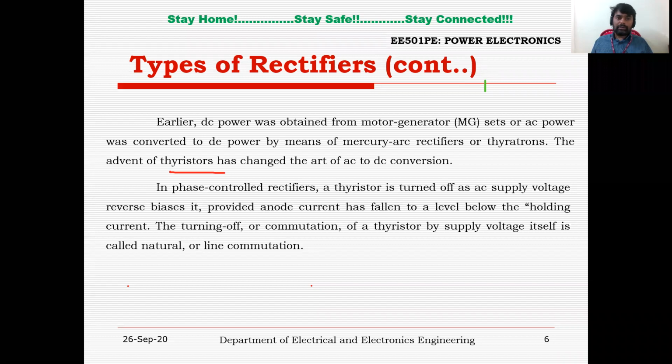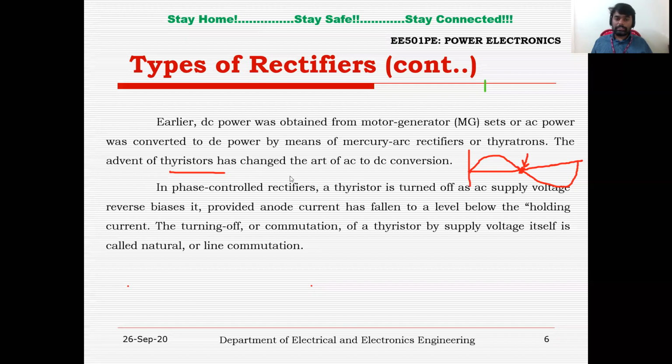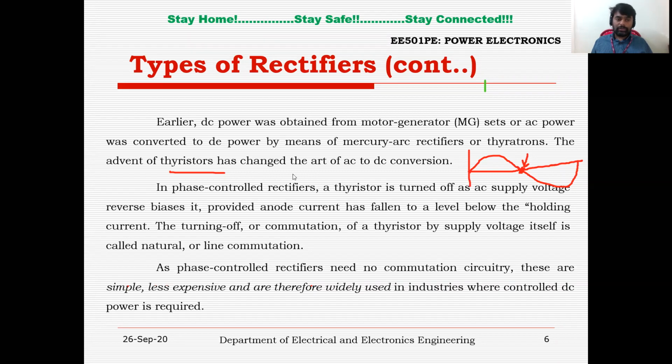Now here, it is called a phase control rectifier. Okay, and in case of a phase control rectifier, it is fed from the AC supply. And the thyristor will have this kind of AC voltage, which means after each 180 degrees, the AC voltage naturally becomes 0. So the thyristor phase control rectifier uses natural commutation. We do not require any commutation circuitry to turn the thyristor off. The thyristor goes off automatically at this particular point. So line commutation or natural commutation is being used in the phase control rectifier.